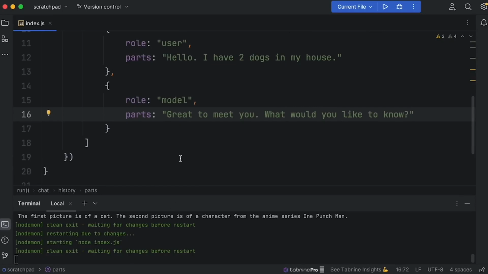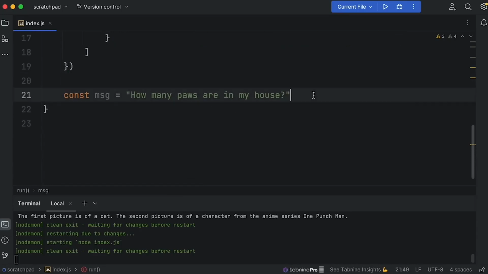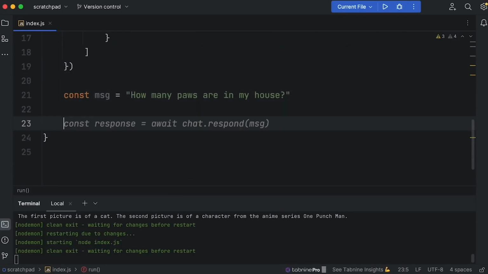Now let's also define our message. So let's define our message here. And let's say we want to ask a follow-up question of how many paws are in my house. Okay, so that is a good message. So that is really it. We've got the history, we've got the new question we want to ask. So let's go ahead and get the result, right? So result